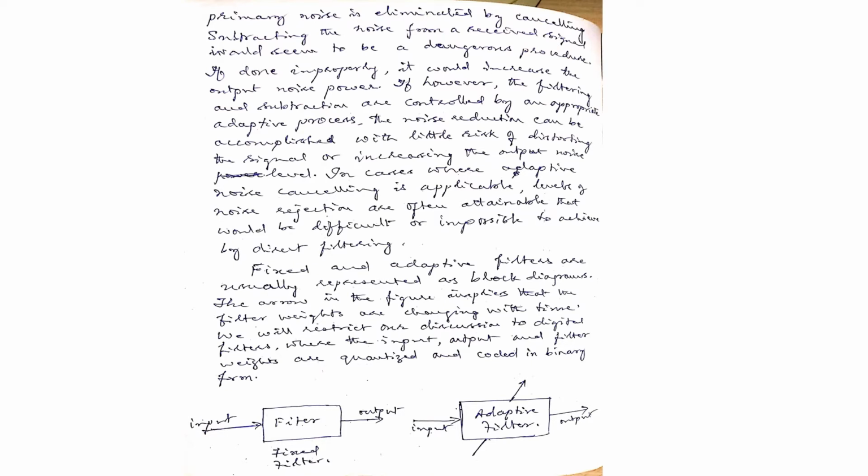Fixed filters can be represented in the form of a block diagram that we see here. This is basically a fixed filter wherein the filter coefficients are constant and do not change with respect to time. You apply some input, you get some output. Whereas in case of adaptive filters, the filter coefficients